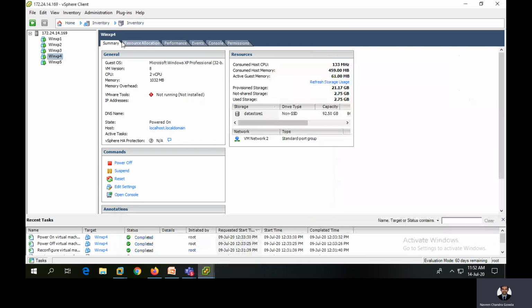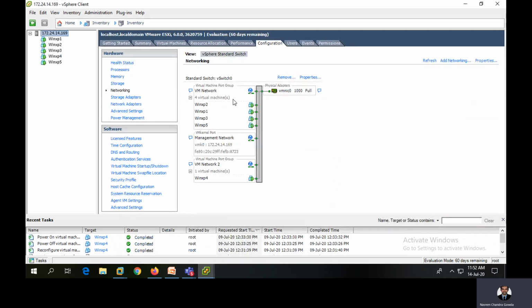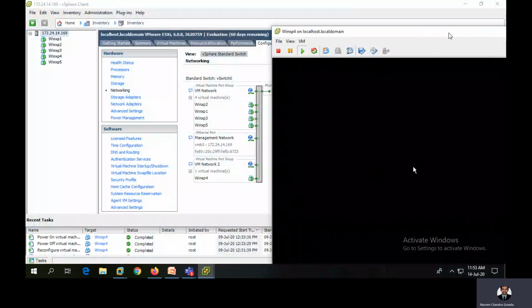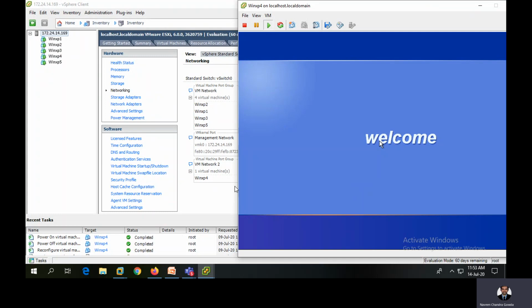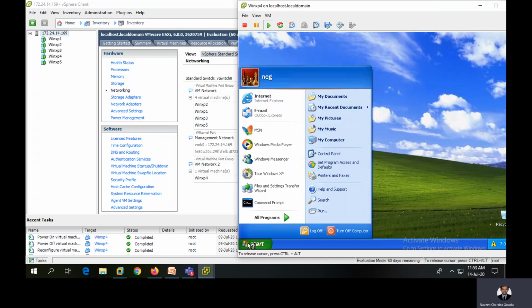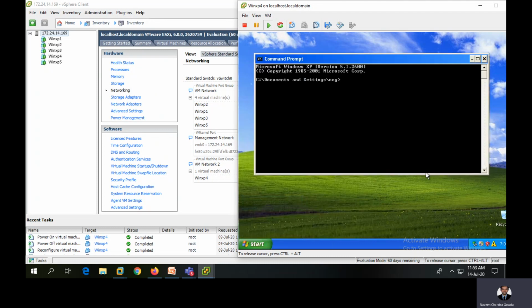So what I did earlier, all were in the same network. I pushed the WinXP4 from the VM1 to the VM4. I just pushed that and then I am configuring, right? So the configuration would be complete. As soon as the configuration is complete, now let us find out what is the IP address of WinXP4,